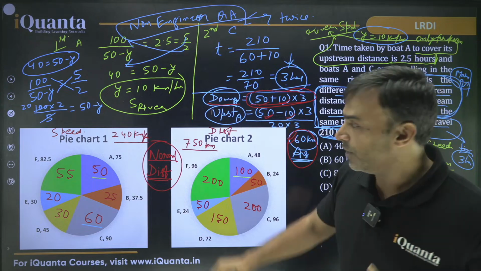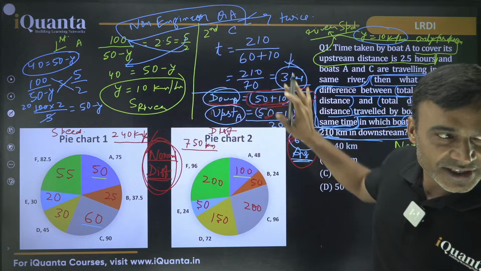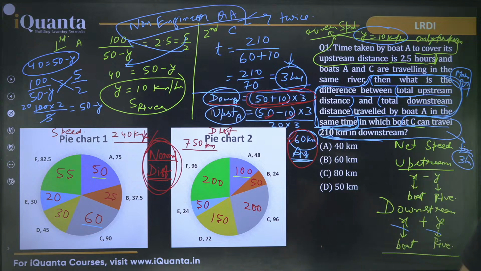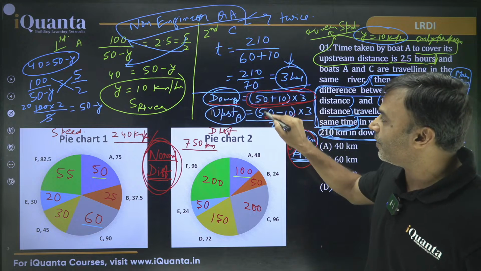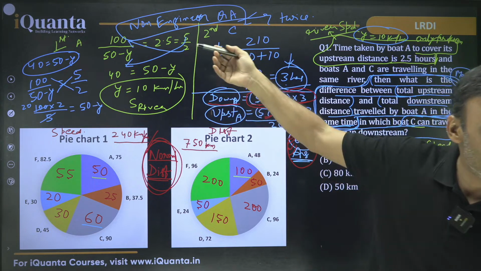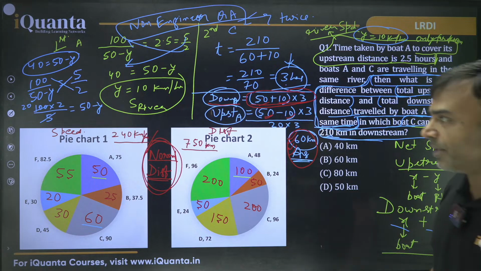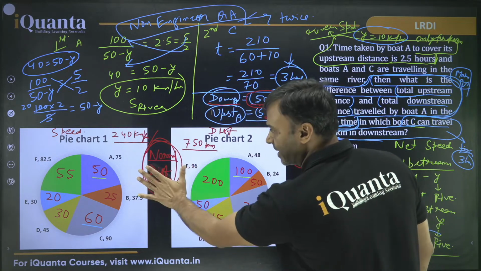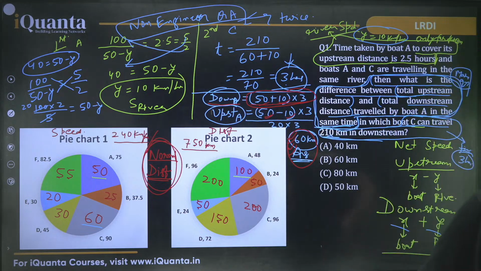दोबारा से एक बार बोल देता हूँ. If I am assuming it as a normal distance, then there is nothing wrong with this process. Then there is nothing wrong with the process. Okay, Sangesh, I hope I have answered your question. Now, even if I am assuming it wrong, answer of this question is correct because वो 50 और 50 तो cancel ही हो गया ना. The actual speed would have been a little something different from 50. ठीक है? So everyone keep that in mind. The calculation was fine. The assumption was wrong, but given for this assumption, ये सब कुछ ठीक है. ये सब कुछ सही है. Okay? Did I answer your doubt, Sangesh?